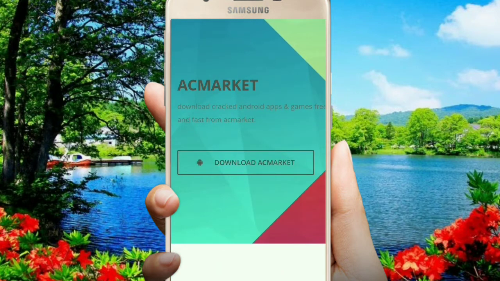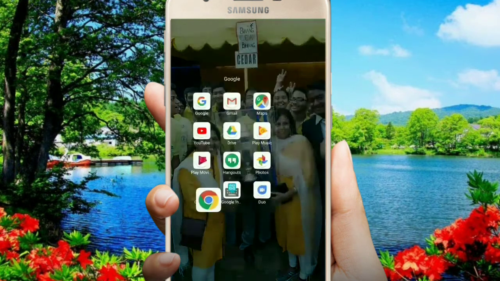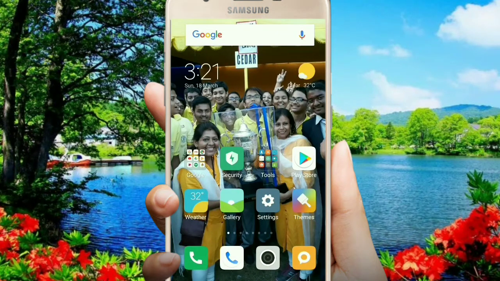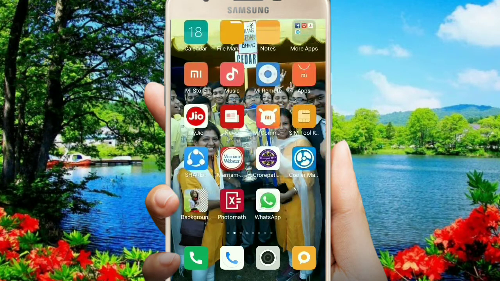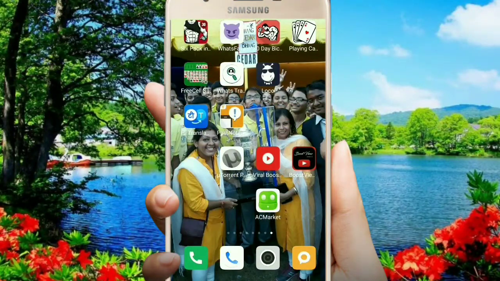So click on download AC Market and you will see that the app gets downloaded, but it will not come to your home screen as it has been downloaded on the device but not installed. So you have to go to the downloads and first install the downloaded AC Market, and then you have to allow the permission for the home screen. Only then will you be able to access it. So now once you have downloaded it, click on AC Market